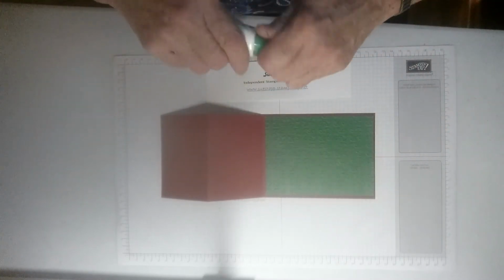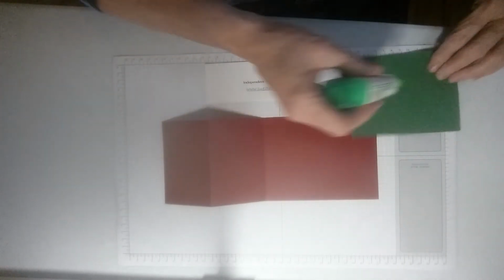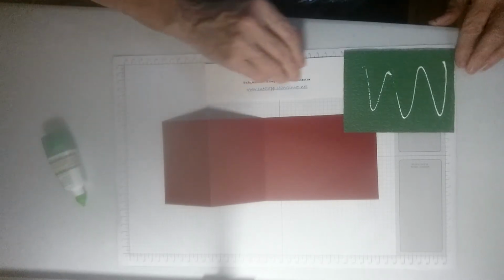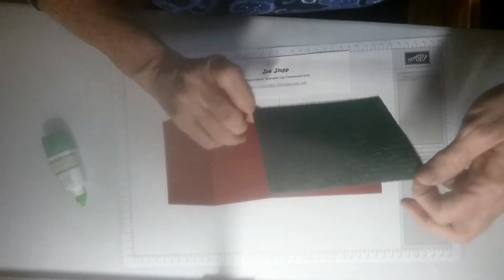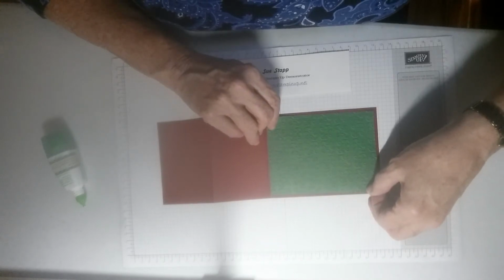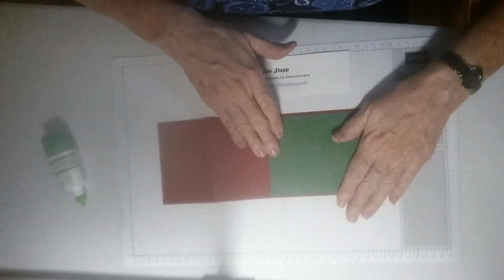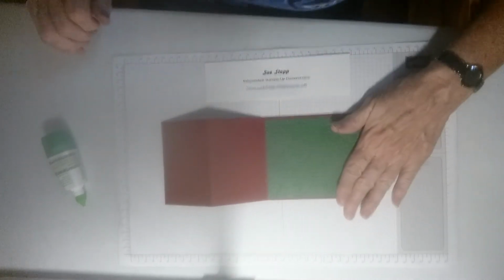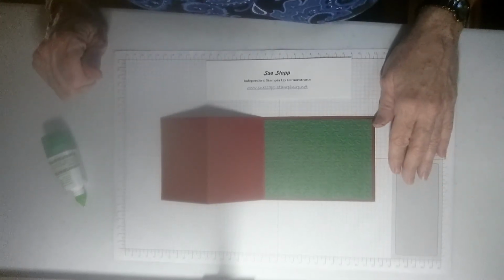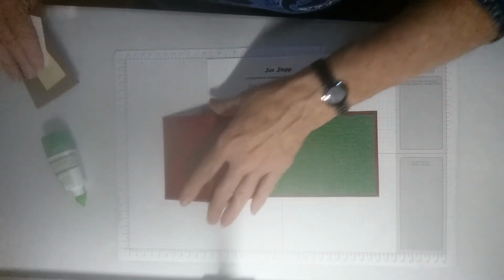And I'm going to go ahead and put that in place using our multi-adhesive. And it gets a good strong bond whenever you have an embossed texture like this. Sometimes it's good to use a little bit stronger glue, and I find that this does the trick. So we'll be using that today for the rest of the card also. There are a couple pieces on this. The front of the card